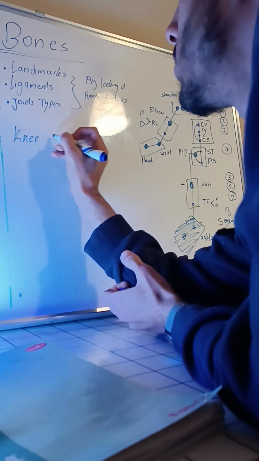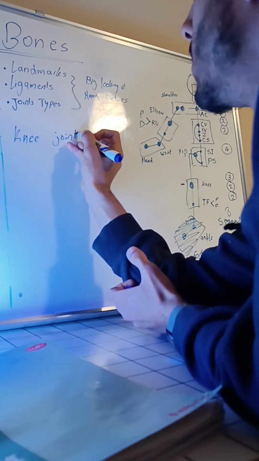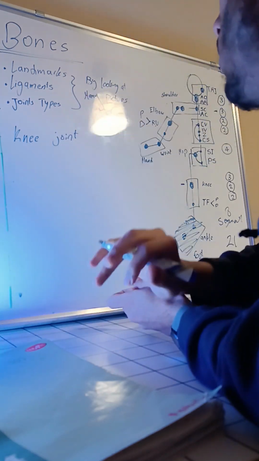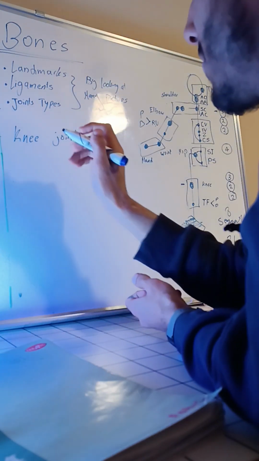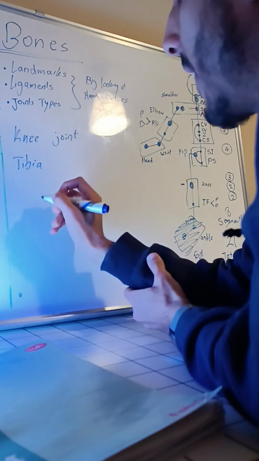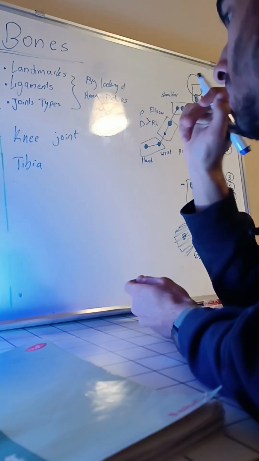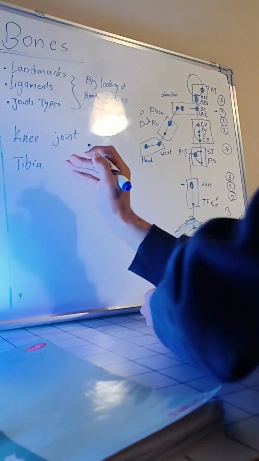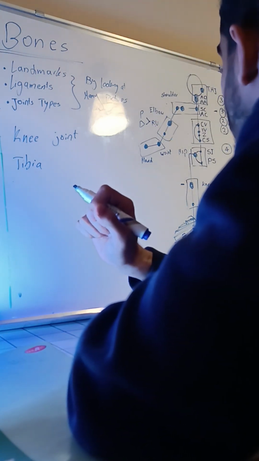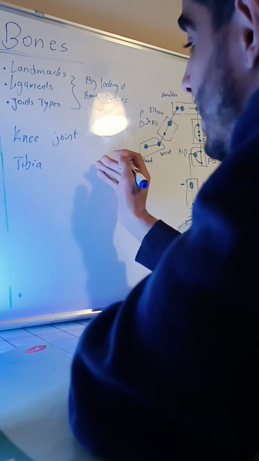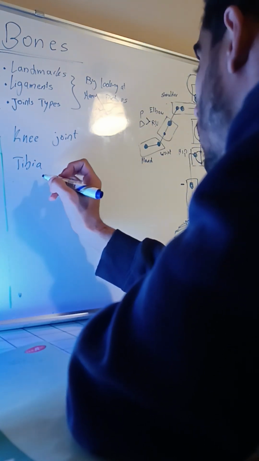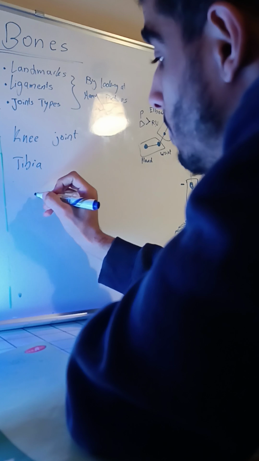The knee joint. In terms of the landmarks we can find on the tibia and the fibula, let's start with the tibia. So the tibia landmarks. Tibia is the primary bone which is located medially, and the fibula is the one that's laterally. So, in terms of the landmarks, we can have